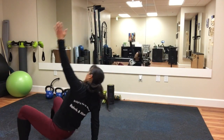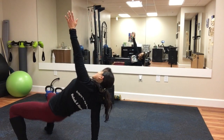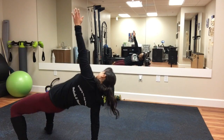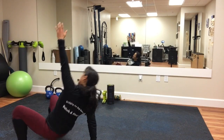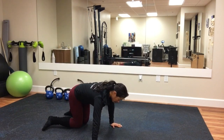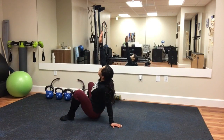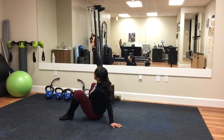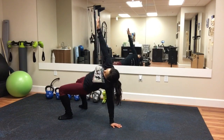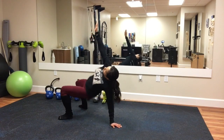Then from here, you're going to take your left leg and bring it back so that now you're in a bridge position, and you're going to lift your hips up 6 times. Feel free to leave that left arm down if you want, but it's nice to actually reach up towards the ceiling to elongate a little bit more. And then you're going to go ahead and switch over. If this bothers your shoulder, feel free to leave it out, but it's a nice way to activate the shoulder and move your hips